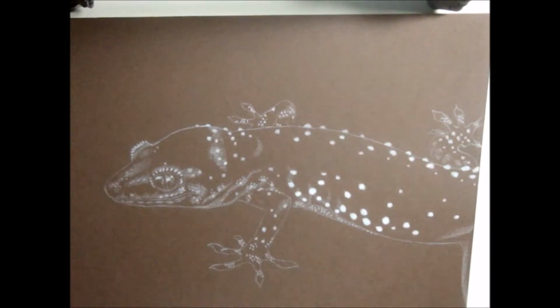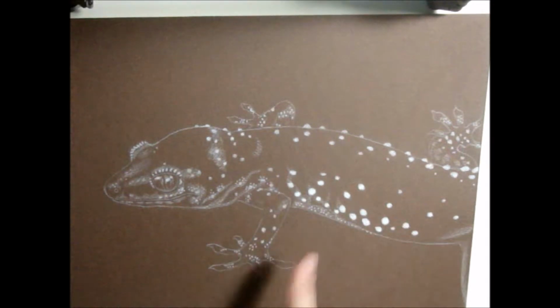Okay, I'm going to show you how I do some lighting tricks with just a few colors, and I am using a drawing that I already started on. It is a Mediterranean gecko. I've already started on a lot of the highlights in white, a lot of the little scales that are kind of bumpy,